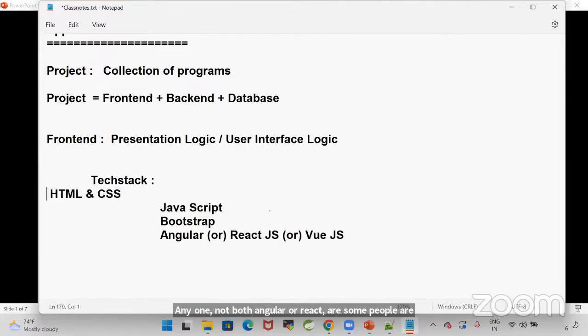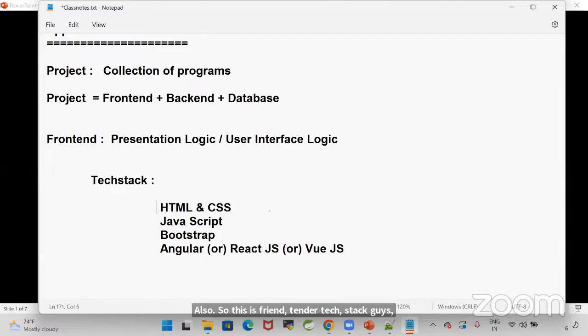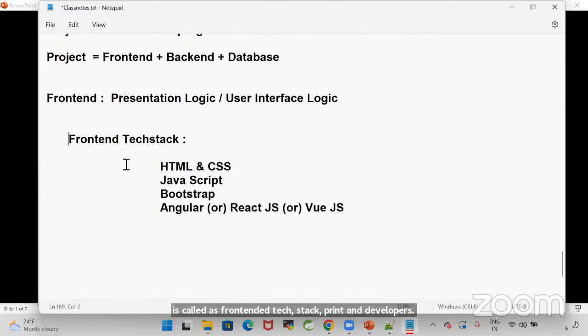So this is the front end tech stack, guys. Anybody who wants to develop a front end of the application needs to learn these technologies. This is called the front end tech stack. Front end developers, anybody who wants to develop the user interface of a project, they need to learn these technologies. HTML, CSS to develop the web pages, and JavaScript we need to learn to manipulate the web pages.